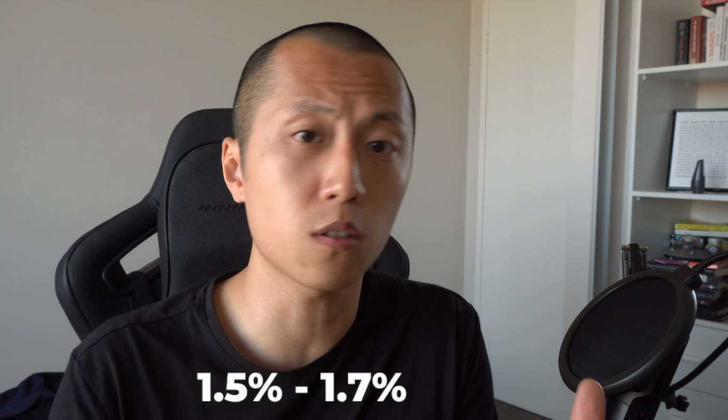So for high interest saving accounts, the interest rates are anywhere between 1.5% to 1.7%. So try to look for saving accounts with an interest rate above 1.5% and make sure you read the terms and conditions on what enables you to get that interest rate. Anything lower than 1.5% interest rate is probably not worth your time, and you'll get a higher return by just